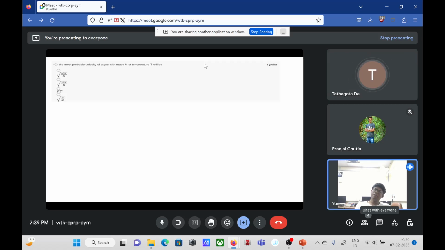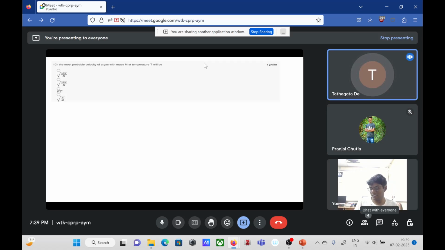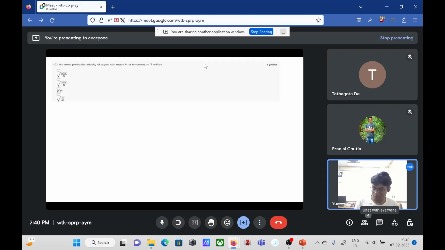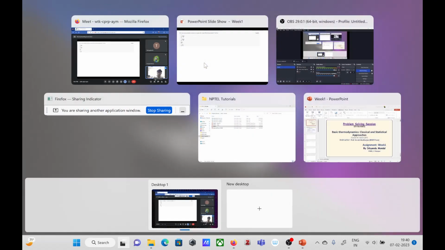Okay, so I think infinity velocity is some kind of unphysical. It doesn't have any physical sense, and zero means it has no motion. So that's also the thing. Okay, you have said it correctly. Now we will solve it.